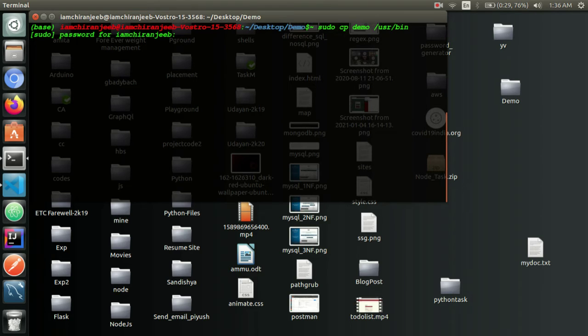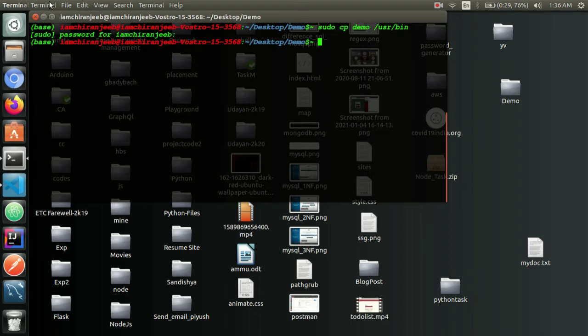It's asking me for the password. So we can see there are no errors. Now we will see whether this demo script is in my /usr/bin folder or not.